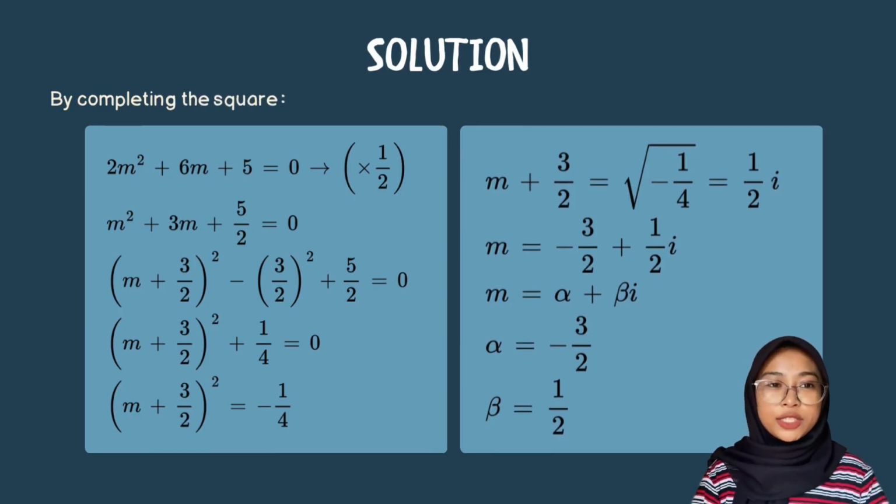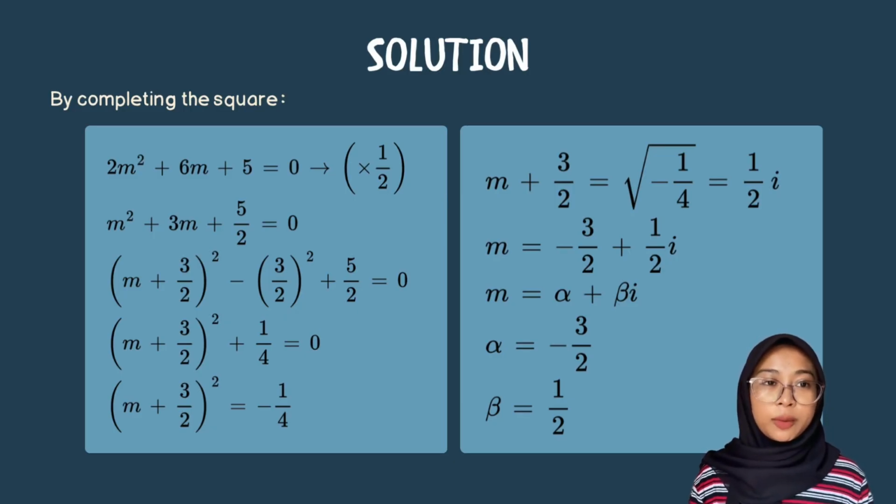From the given equation, we complete the square. The coefficient for m to the power of 2 must be 1, so we have to multiply by 1 over 2. Next, we complete the square using these steps and we will get m equal to negative 3 over 2 plus 1 over 2i. We compare with the equation m equals alpha plus beta i and we will get the